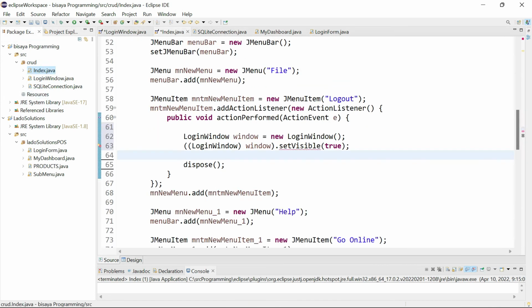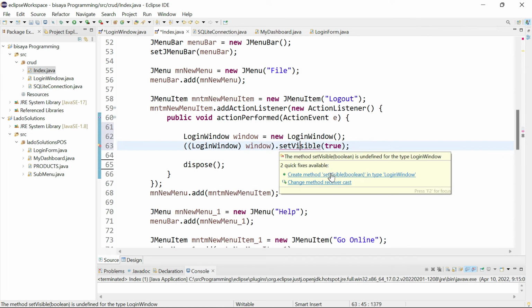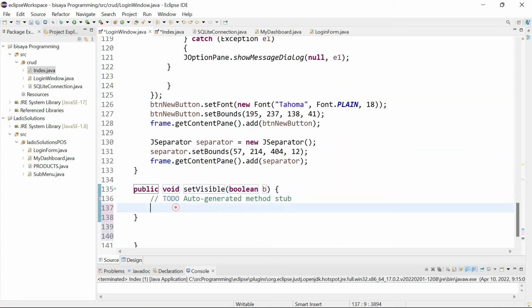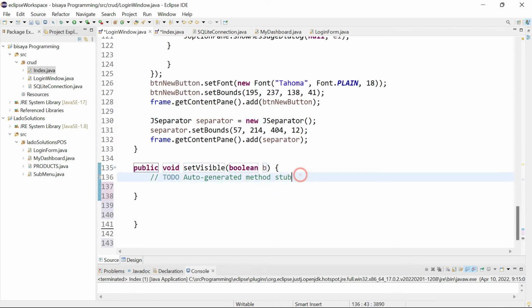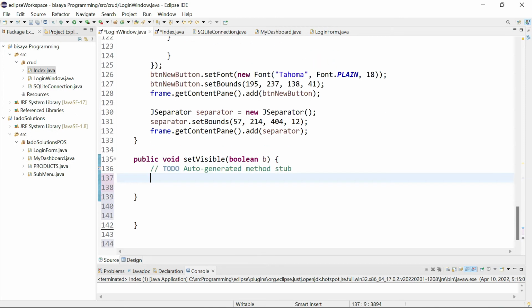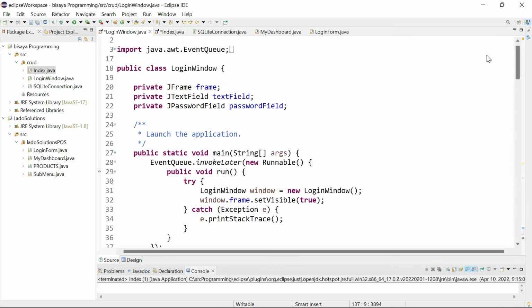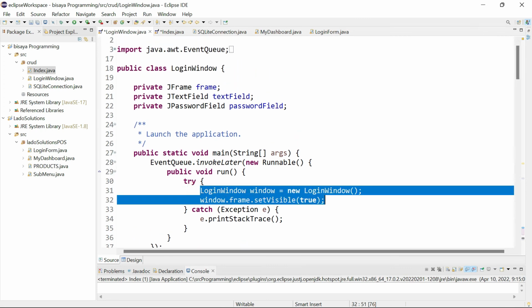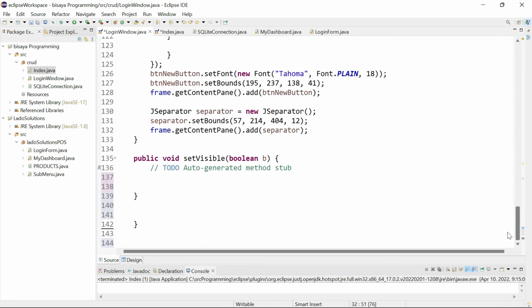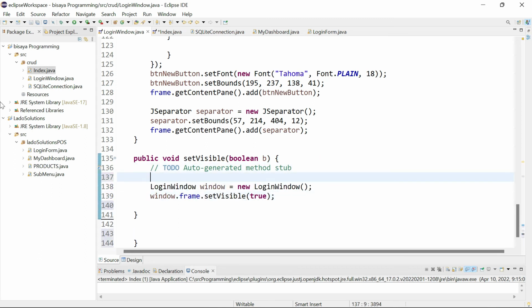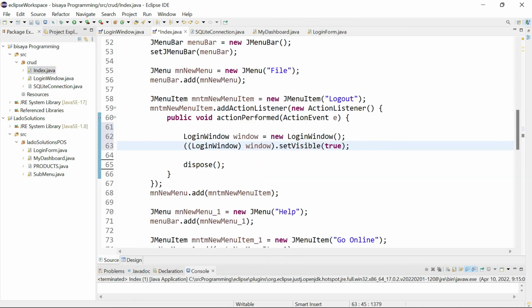To do that one, dayon dire mo create na siya. Dayon we need to also copy and paste sa katong kuan kani para mo pop up ang ato ang login window. So dira copy paste lang. So control S to save. Dayon dire sa tong index, control S to save sad. So now